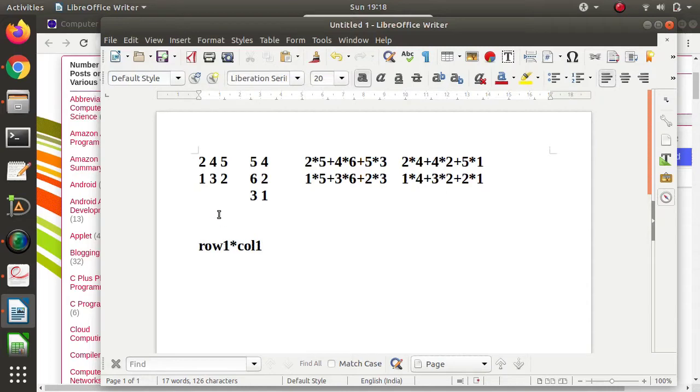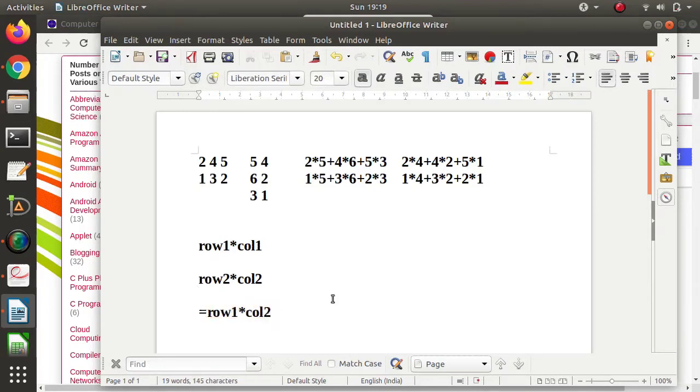The second matrix has row 2 as the number of rows and col 2 as the number of columns. So what is the resultant matrix that we get? Row 1 into col 2. That is the size of the resultant matrix.